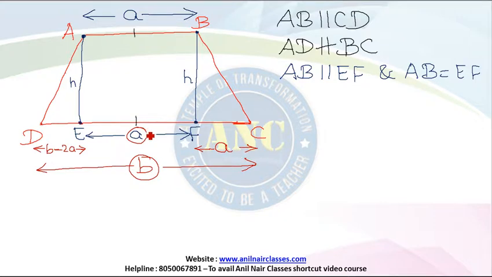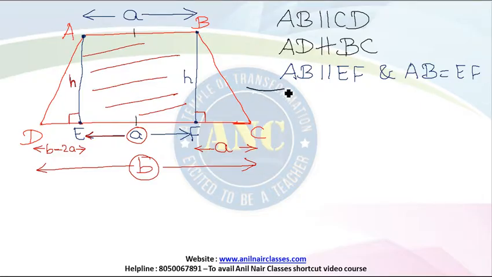Why are we discussing all these things? For the simple reason that this is a perpendicular, 90 degrees. And this middle part is nothing but my rectangle, because the length of that rectangle is A and the breadth of that rectangle is height H. Can I say that the area of the entire trapezium